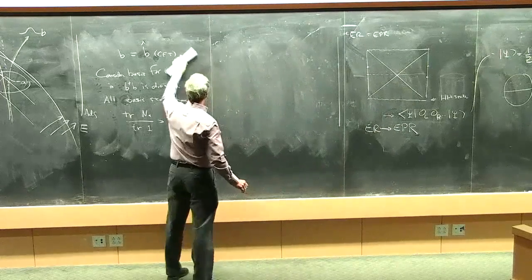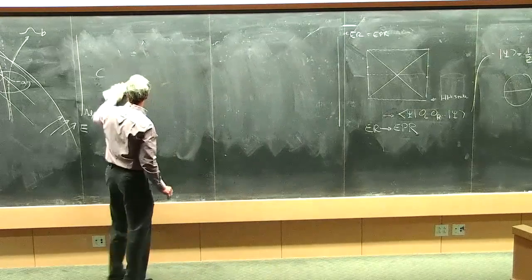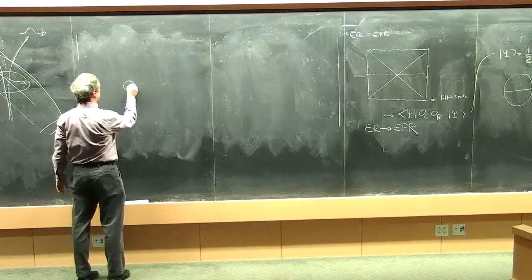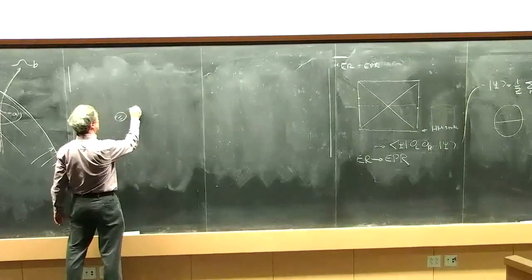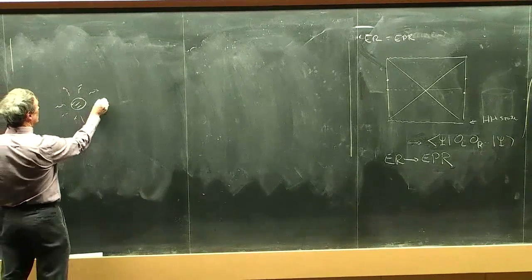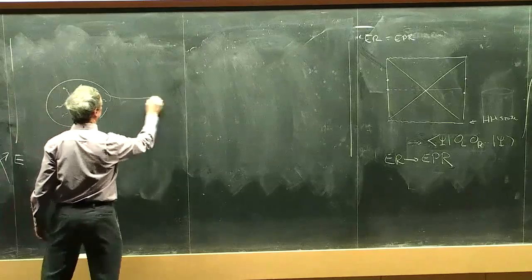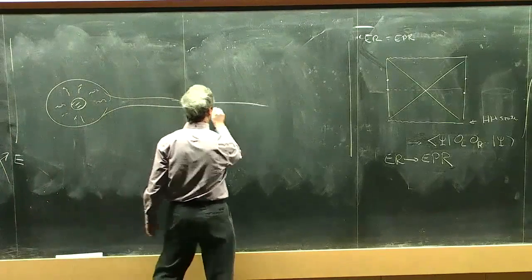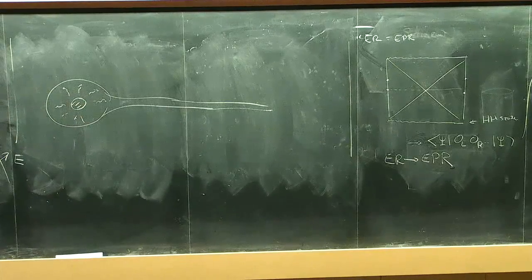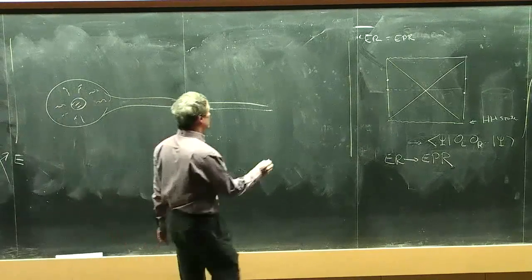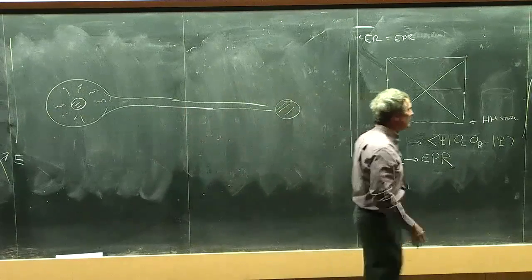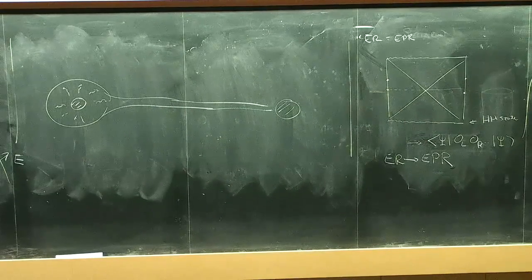Let's go back to our earlier black hole. This is Maldacena and Susskind's thought experiment. Let's go back to our earlier black hole, which has now formed and evaporated down to the Page time, it's emitted half its Hawking photons. We now collect those early Hawking photons and carry them over here. And we no longer interact with the original black hole at all. We take those Hawking photons, collapse them into a second black hole, and do appropriate quantum computations on the state such that the two black hole system